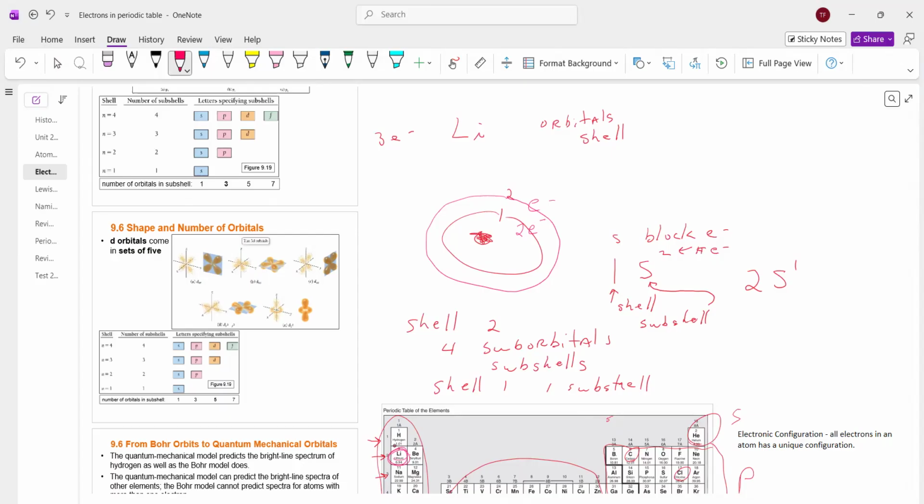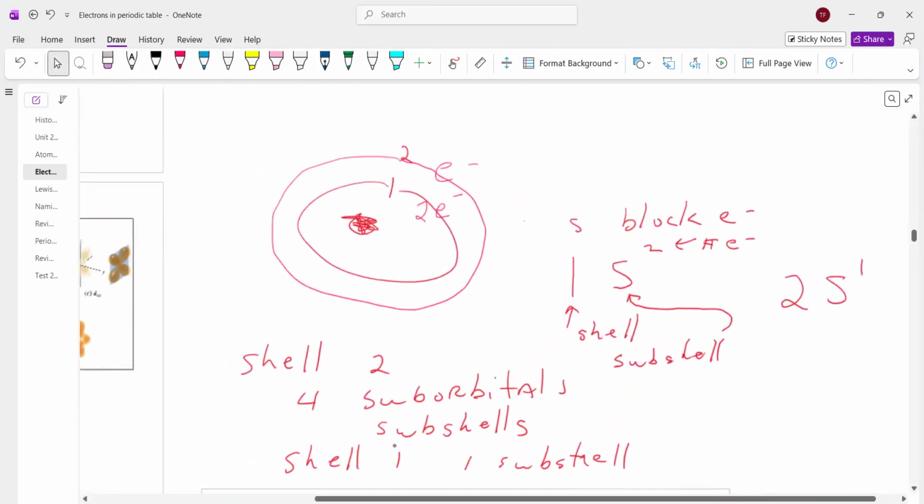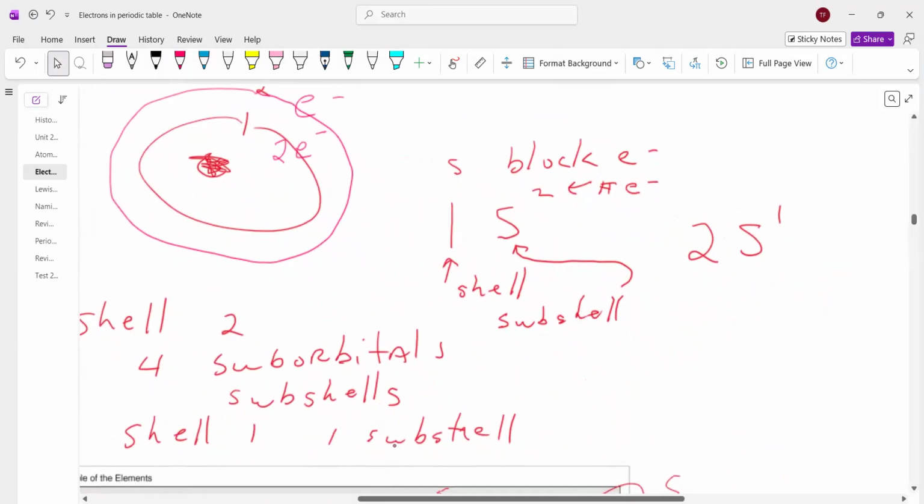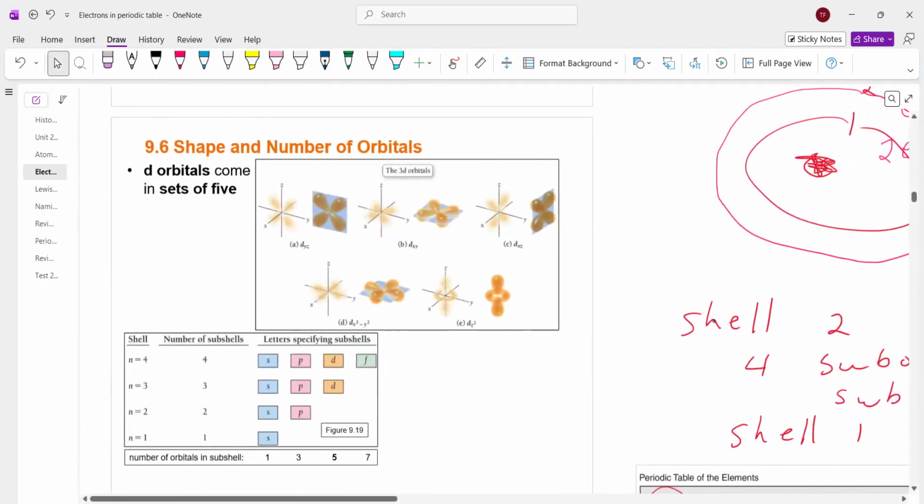So they invented a numbering and lettering system. Okay, so what we have is a number, a letter, and an exponent. The first number, the coefficient, is called a shell. And on a periodic table,